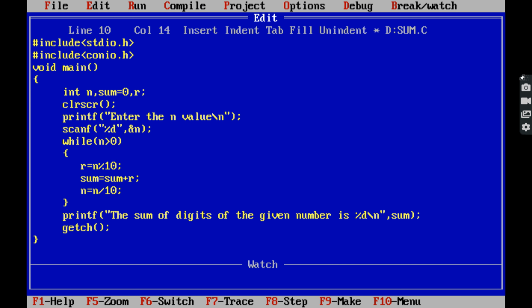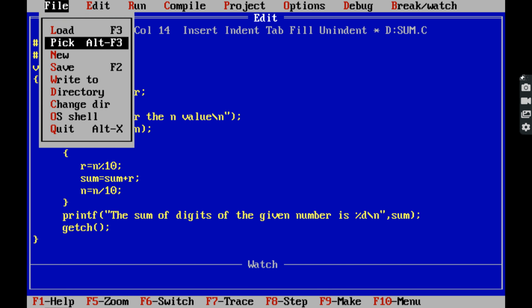Okay. So now the same program can be implemented by using for loop. In the case of for loop also, if the initialization is not there, we have to put the empty space. If increment or decrement operation is not there, we have to put the empty space. Only the test condition should be there in the for loop. Now the same program can be implemented with the for loop.